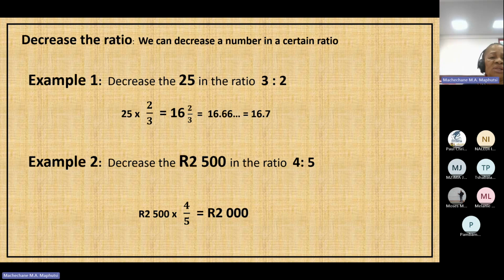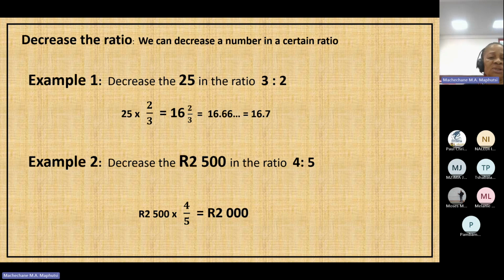Decrease means we're going to make 25 smaller. So to do that, we take the very same 25 and multiply it by 3:2. We make 2 our numerator and 3 our denominator. We write 3:2 as a fraction, but because we are decreasing, the small number, 2, our numerator, must be divided by a bigger number, 3. So if you do that, from your calculator, you're going to see 16